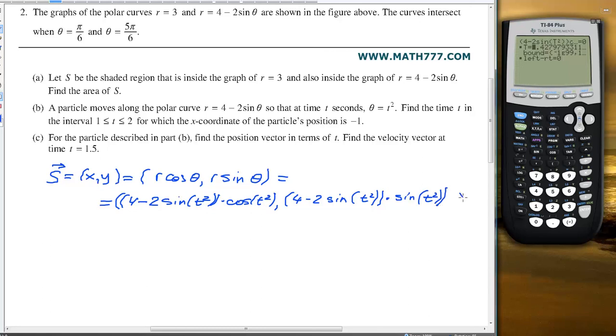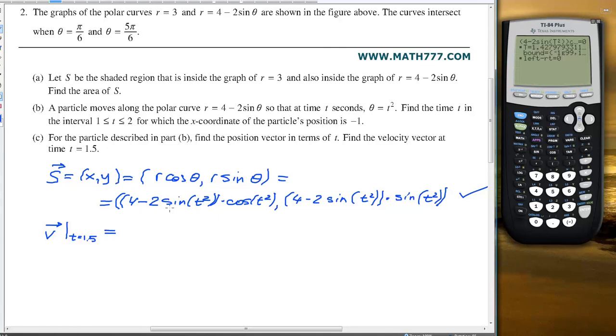So this is our expression for the position vector in terms of t. To find the velocity at the point t equals 1.5, we need to